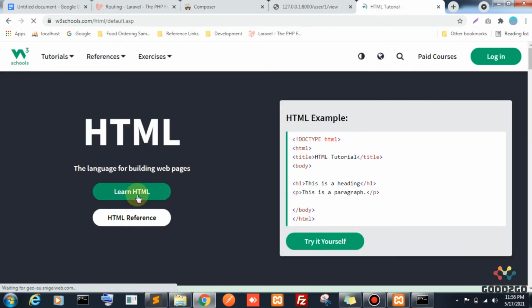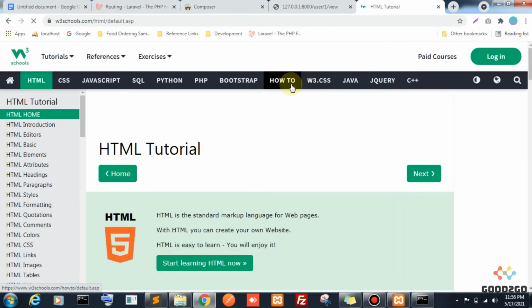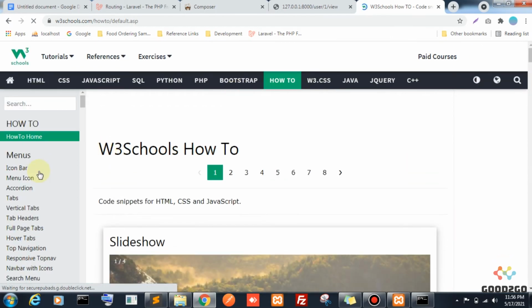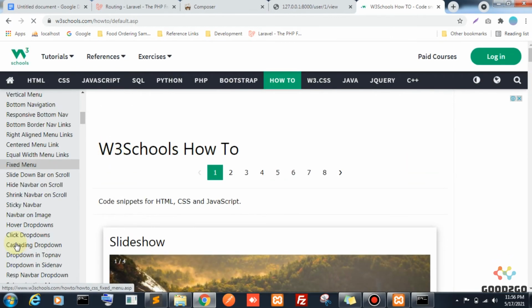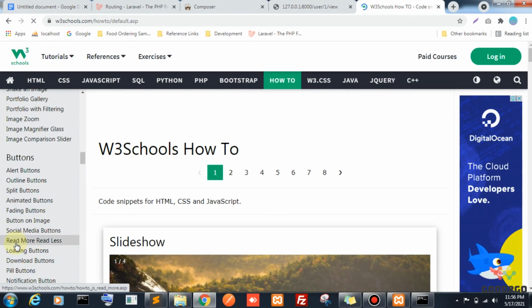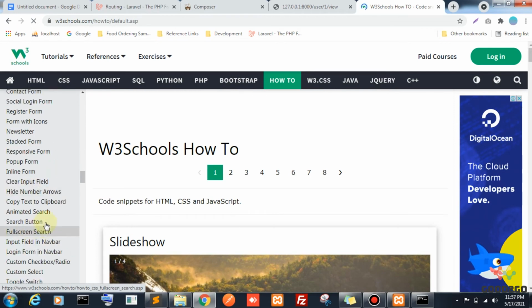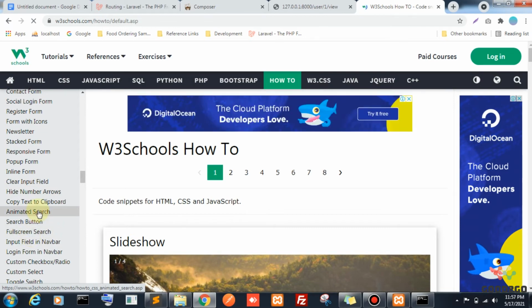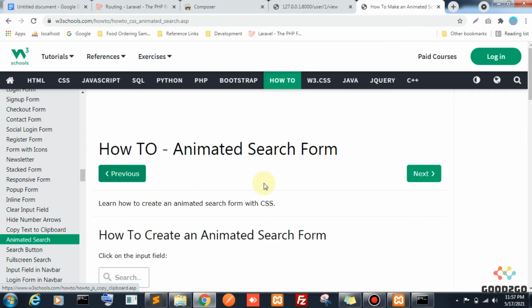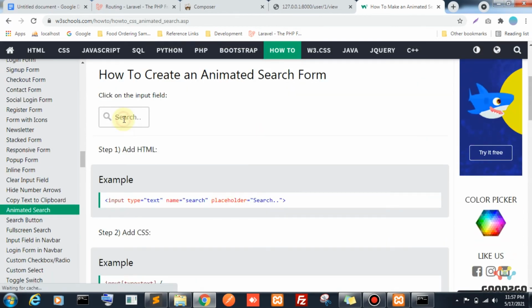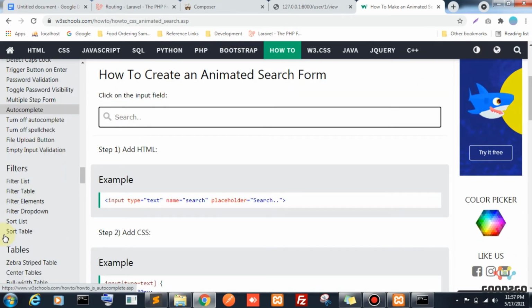See in w3schools.com, let's go to the how to section. We have many pages here. Let's take any. What about this animated search? Okay, this animated search.